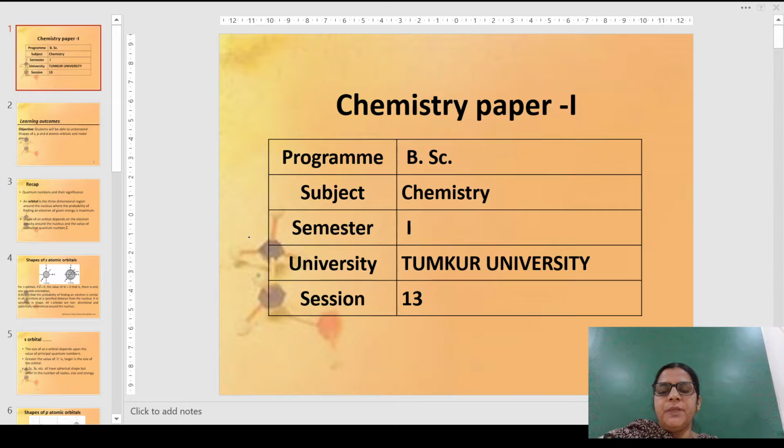Here, what is the meaning of this? If l is equal to 0 and the value of m is also equal to 0, it means that the probability of finding an electron is the same in all possible directions, just as I said now. So it will be at a specified distance from the nucleus. It is spherical in shape. That's the reason why the s orbital is spherical in shape. Now, the last thing that we have to know about s orbitals is that they are non-directional and they are symmetrical around the nucleus.